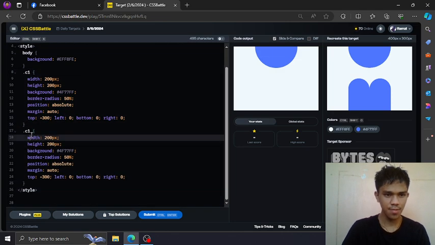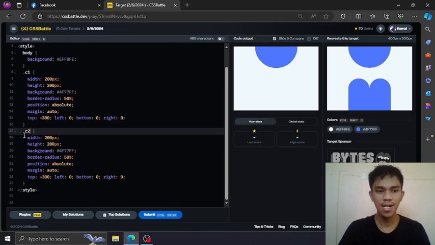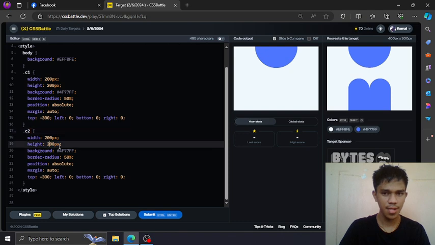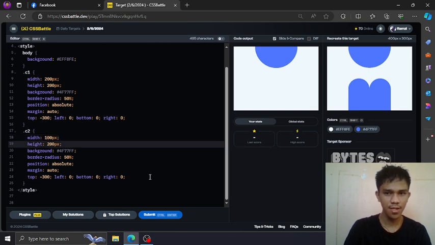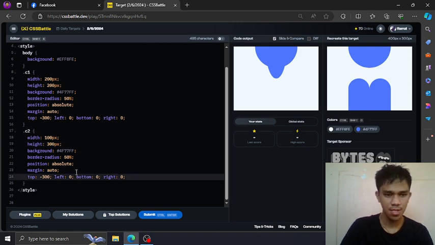paste, rename this to C2, and of course the width must be reduced, so maybe half, and this is twice, I guess. Let's find out along the way.